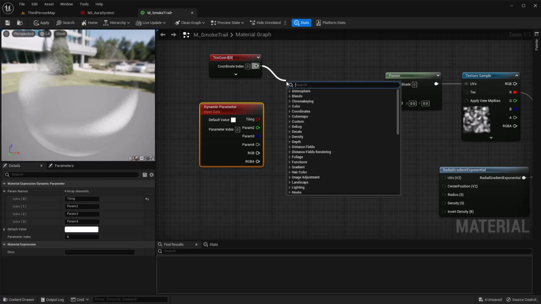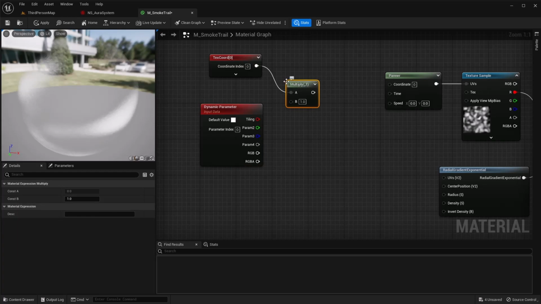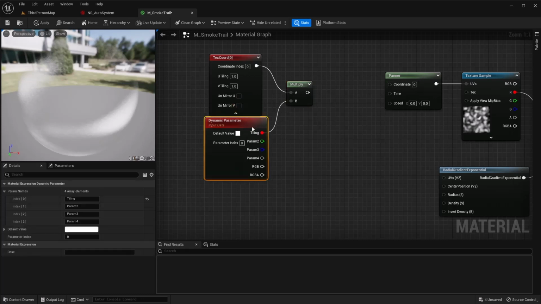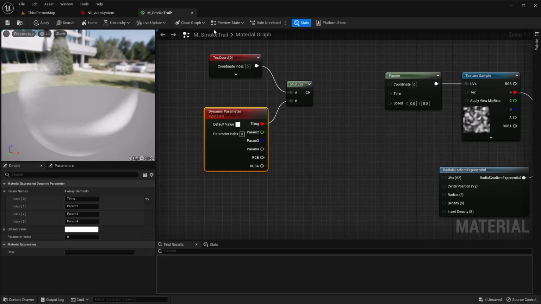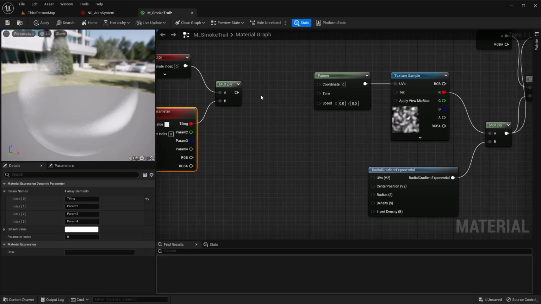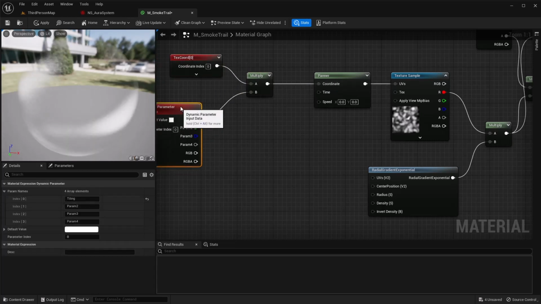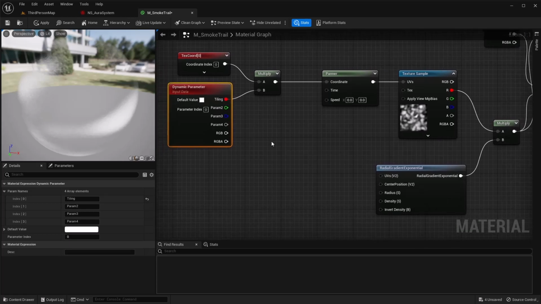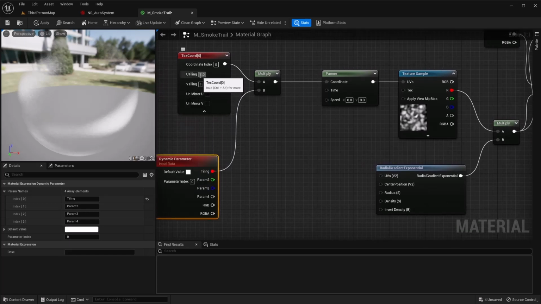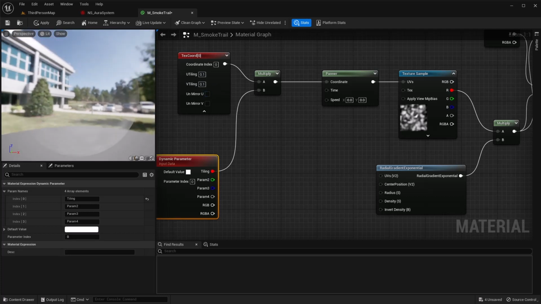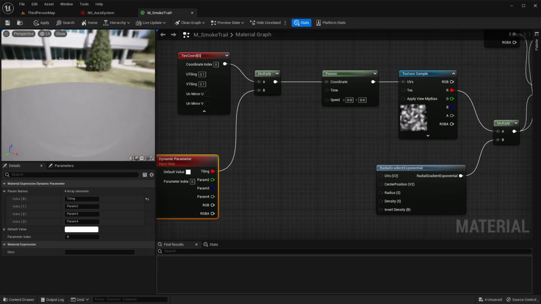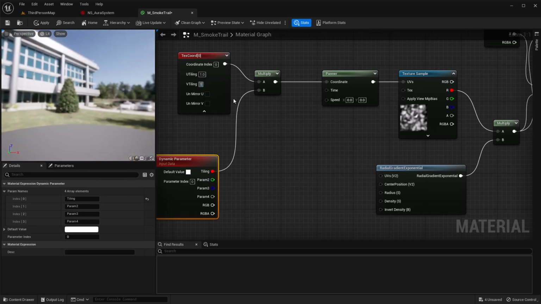And off of our TexCoords, I'm going to say multiply, and I'm going to multiply it with the tiling. This will multiply and affect these going into here. We'll be able to, as I said, change that tiling inside of our Niagara system. So go ahead and plug this into your coordinate. You can change these a little bit to predict what it's going to look like if you do different tilings. But I'm going to leave them at 1, and we'll change that in our Niagara system.